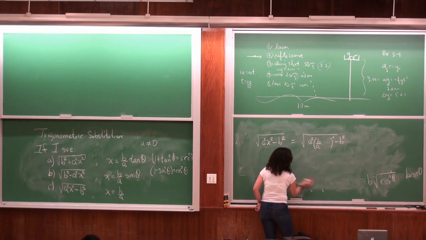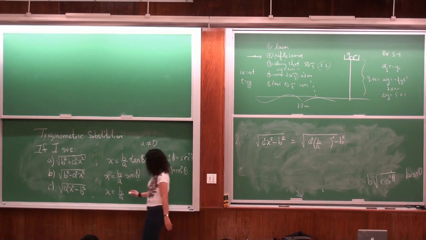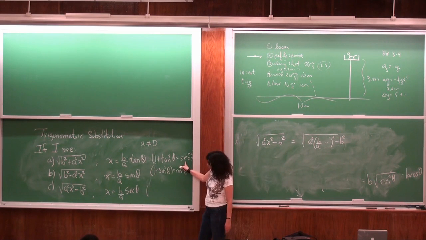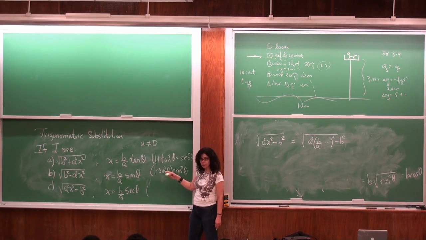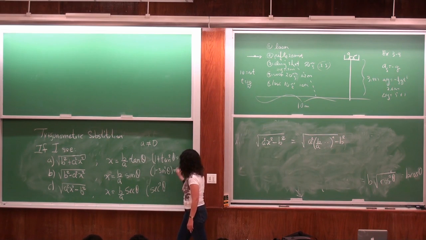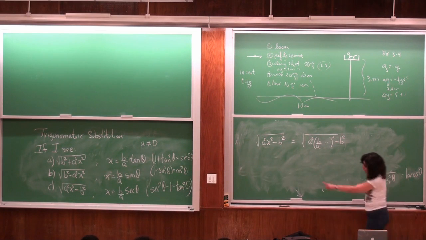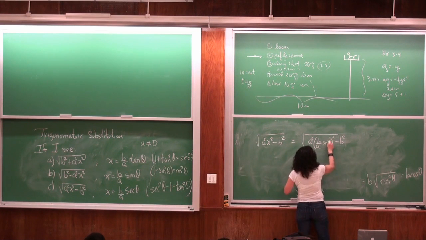so what do I need? Secant? Okay, I was told secant. Let's try secant. If I try secant, they are trying to tell me that the formula they are using is now one that looks like secant squared minus 1 is tangent squared, right? Yeah? Come on, I need some more support here. Yes? Okay, so that's what they told me. Let's see. They told me to put here secant.